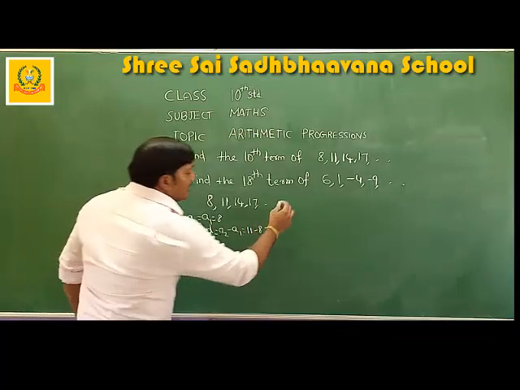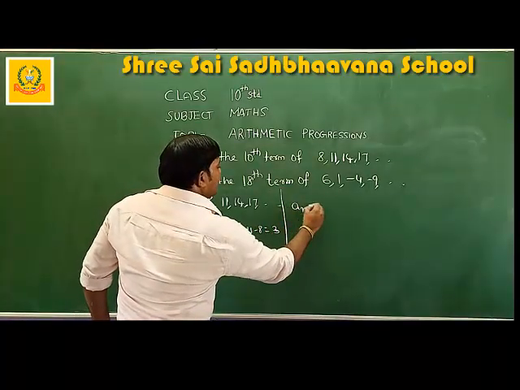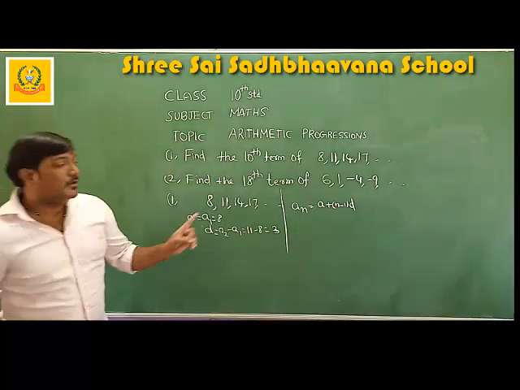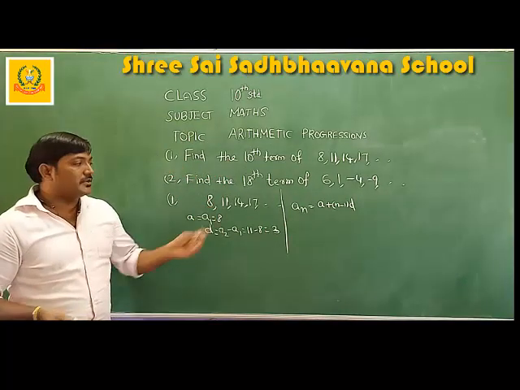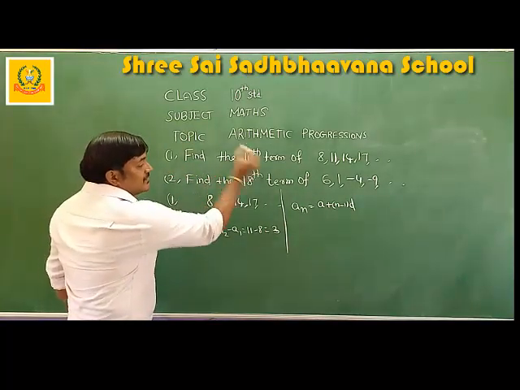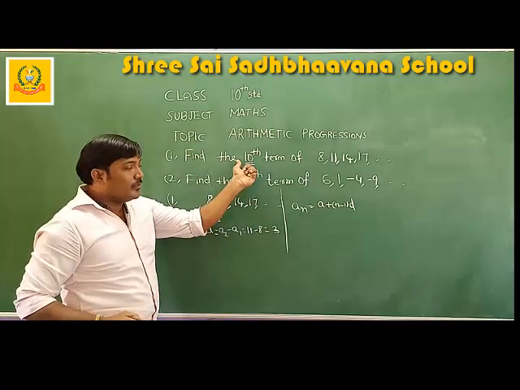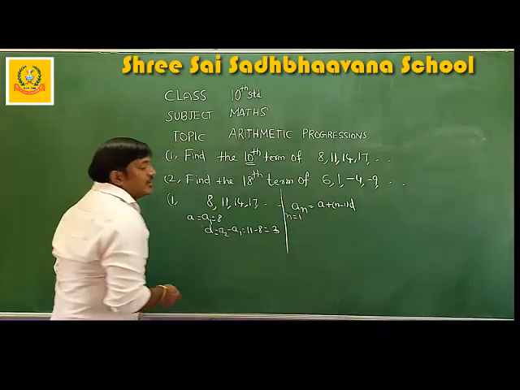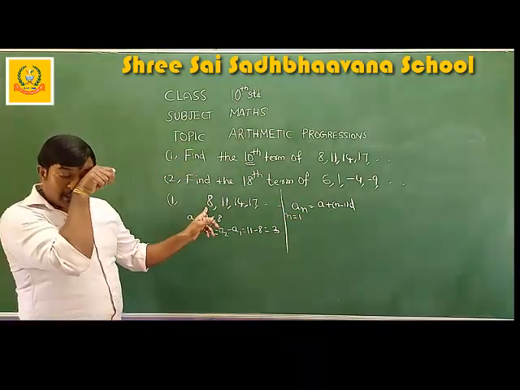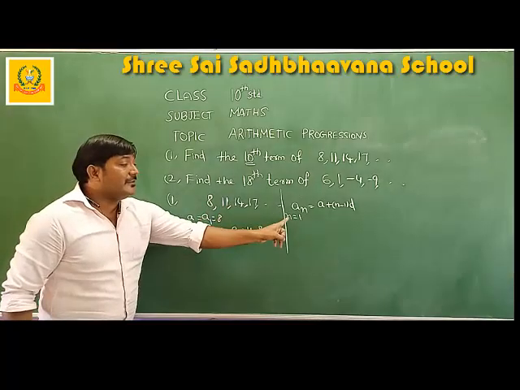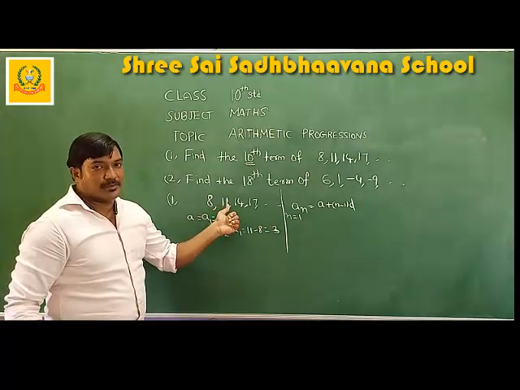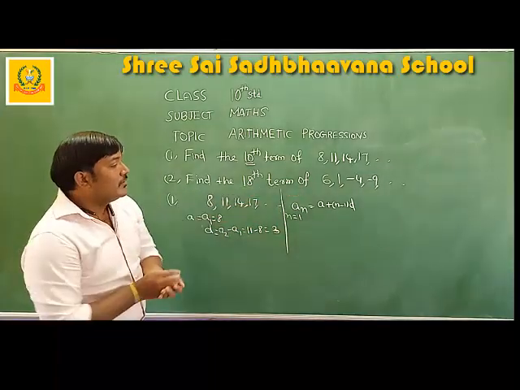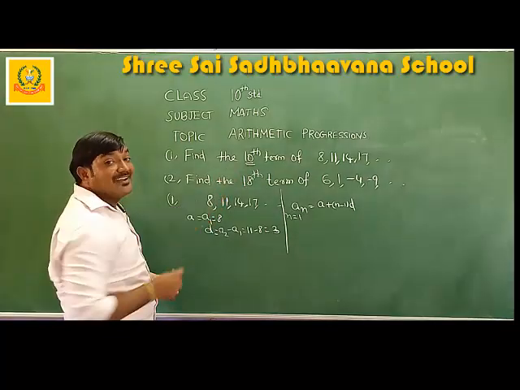Now we have to find the nth term. So an is equal to a plus (n minus 1) into d. This is the general formula for the nth term of an arithmetic progression. So we have to find the 10th term. Understood? So what does this n signify? When you consider n equal to 1, you will get the first term of the arithmetic progression. If I take n equal to 2, you will get the second term. Similarly, you can take n values of 3, 4 and so on. So here we have to take the n value as 10.